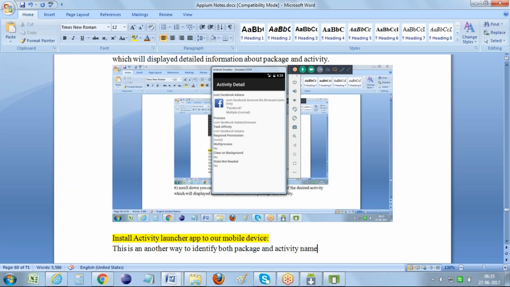The only thing we need to do is install this app to our mobile device. So we need to install this Activity Launcher app on our mobile device, and whenever we install it, using that we can get the entire information about